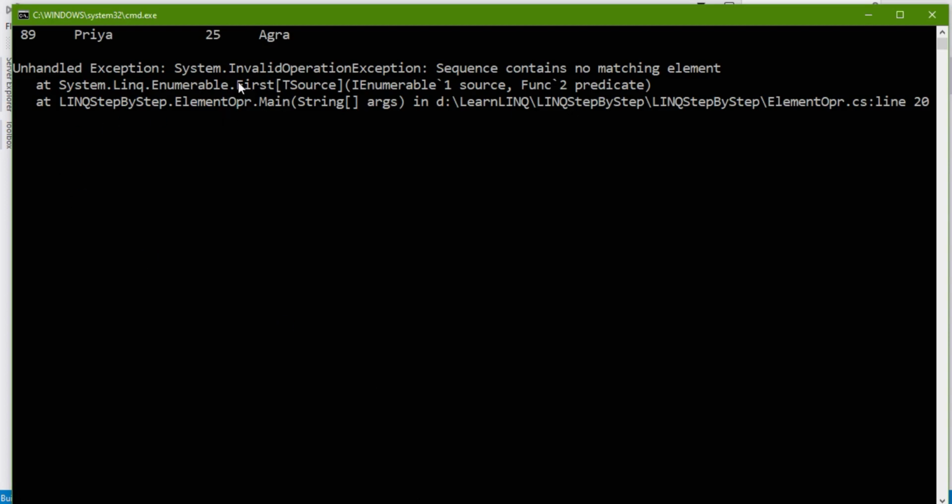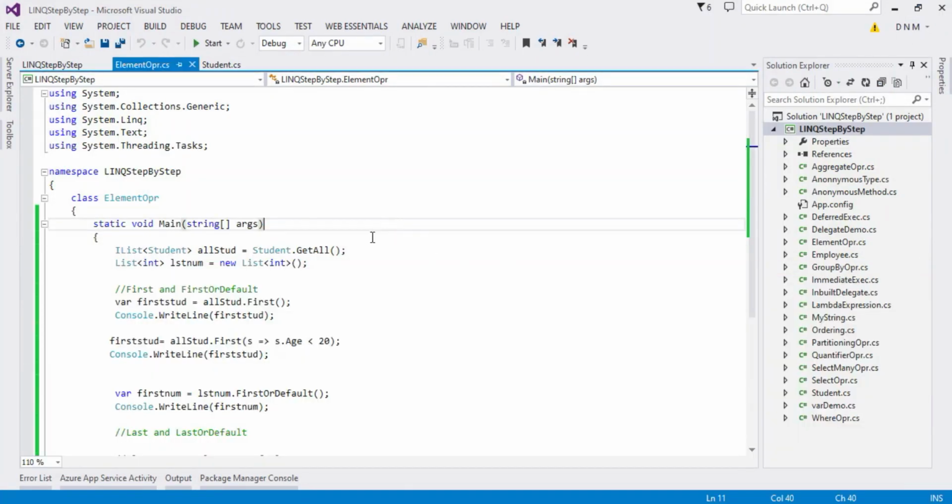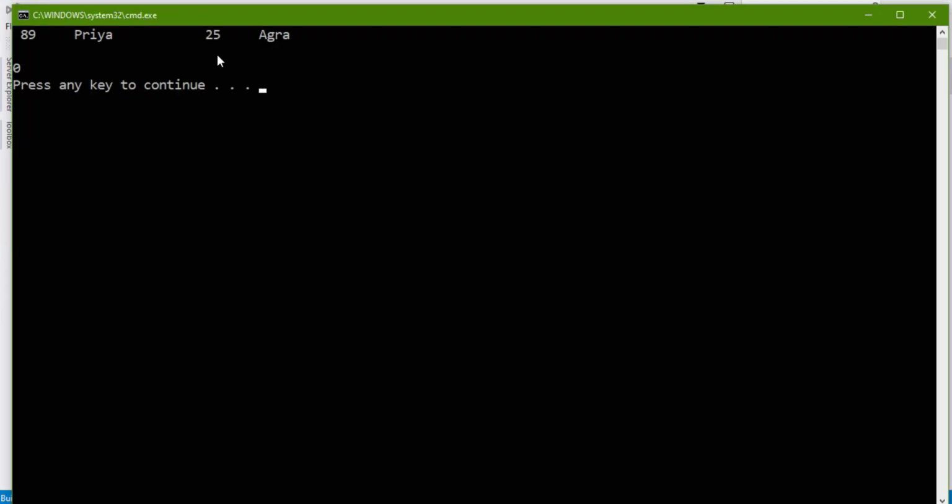Now what happened? Again the exception is thrown, an invalid operation exception: sequence contains no matching element, because this time we specified a condition and according to that condition there are no records. So instead of first you can use first or default. It is always safe to use first or default.